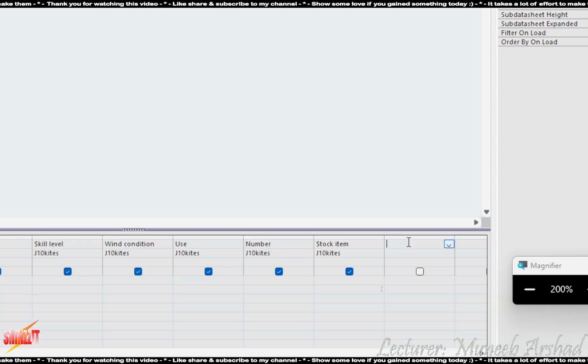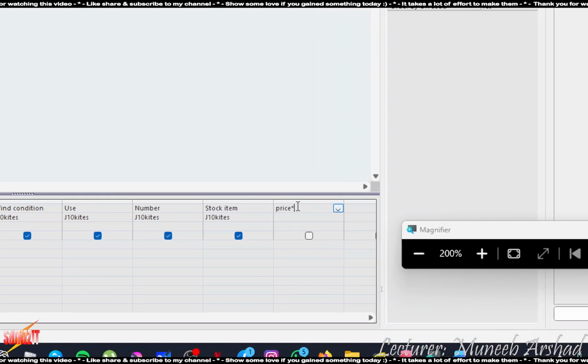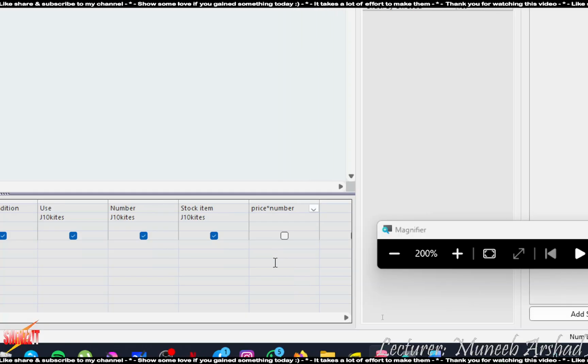Come down. Over here, I'm going to type in price multiplied by number. This is the operation that needs to be applied. मैंने कुछ और किया है, कुछ और चीज टाइप की है. सॉरी, कैसे करना होता है फिर? अच्छा, स्क्वायर वाली ब्रैकेट्स की क्या इंपॉर्टेंस है? टाइटल का नाम है. Fields are detected or they are considered when they are put into square brackets. That's the rule. ठीक है.